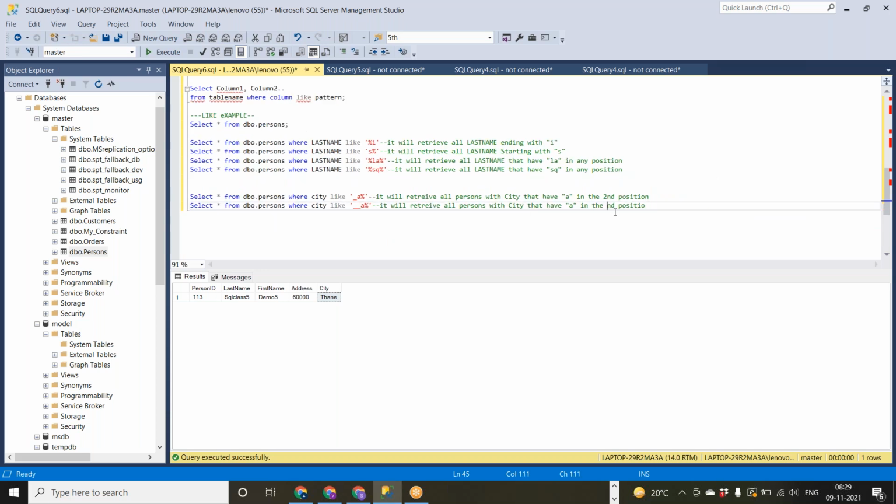So this one will retrieve A in the third position. In a similar way, you can give it at the end as well. I'll tell you.